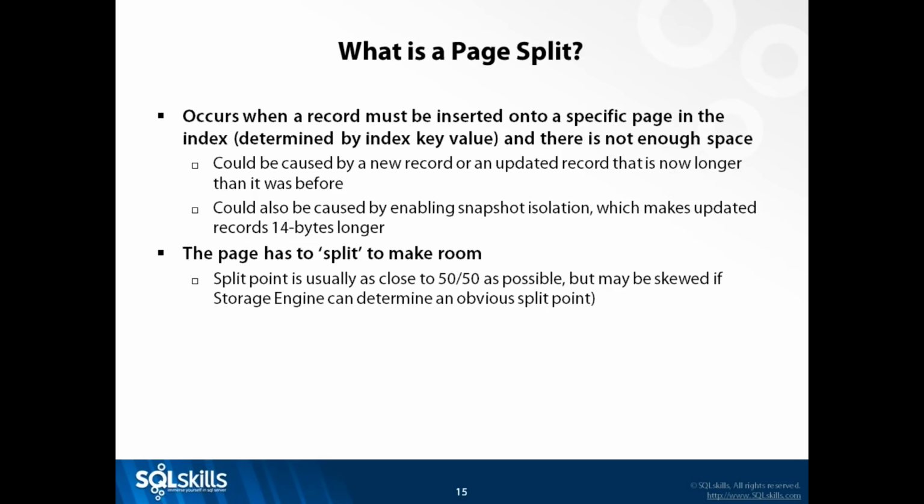Another thing that does this is if you have a readable secondary on an availability group. Everything on the readable secondary is converted under the covers to snapshot isolation. So the space on the secondary replica for the 14-byte version tag has to exist on the primary replica as well. So as soon as you turn on a readable secondary in your AG environment, any updates that happen on the primary replica are going to start to have empty 14-byte spaces added so that those 14 bytes can be used on the replica. What does that empty 14 bytes do? It can start to cause page splits. So readable secondaries can start to cause fragmentation issues on your primary replica where you didn't have it before.